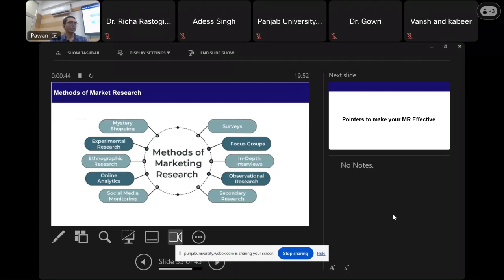Then social media monitoring. Again, you can observe, you can join communities of products where people discuss products. There are a lot of communities on different products, beauty products, vehicles, hobbies. So you can see what people are talking about. Online analytics is data analytics. If you have access to Amazon data or Flipkart data or other e-commerce website, you can see what people are buying, how they are buying, what price point they are buying, frequency, all that.